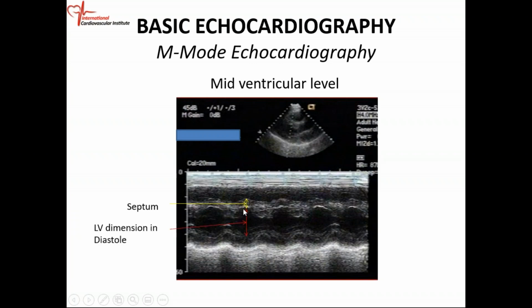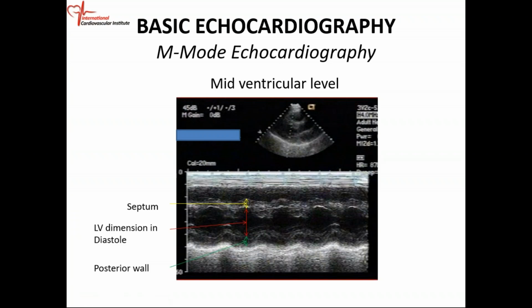Okay, you also measure the LV cavity size in diastole at the onset of the QRS. So you have to find the QRS, the beginning of the QRS, you come down. So the LV dimension in diastole is from the septum down to the posterior wall. The posterior wall thickness is also measured at the onset of the QRS. Okay, and you measure the thickness of the posterior wall. Again, in all echo exams, these are questions that they ask. You have to know how to measure.